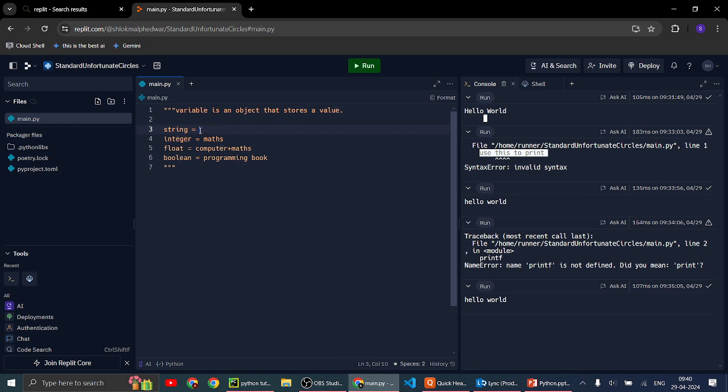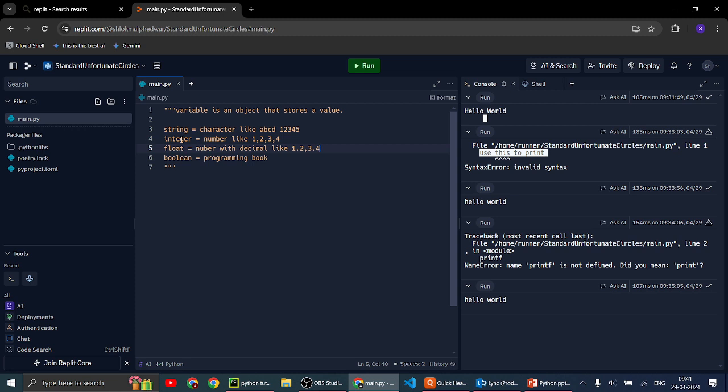A string is a type of variable that contains characters like A, B, C, D, 1, 2, 3, 4, 5. An integer is just a number like 1, 2, 3, 4, and a float is a number with a decimal.